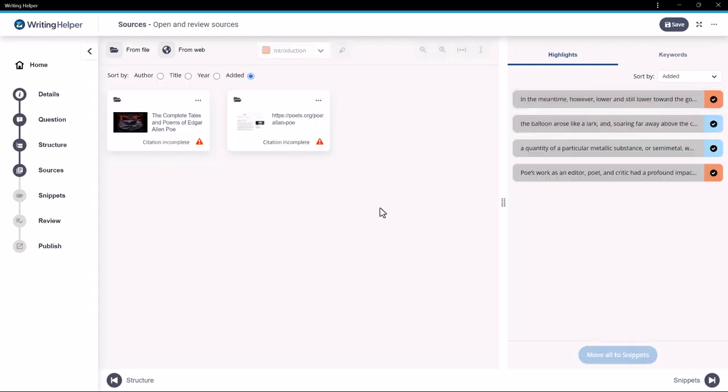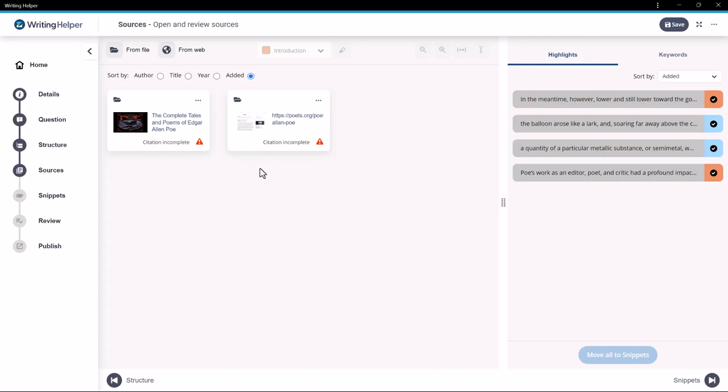So far we've brought in 2 pieces of evidence, we've captured information from them both, and we've moved that information, those highlights, into our snippets collection, where they've slotted into the structure we've already made. But where did we get the evidence from? At this point we don't need to worry about the style of those references, things like Harvard or Chicago or APA, and there are many more. They don't really matter yet. They are important for the formatting or the finessing part of the work, but when you're putting your content together, you don't need to worry about the citation or the reference style,